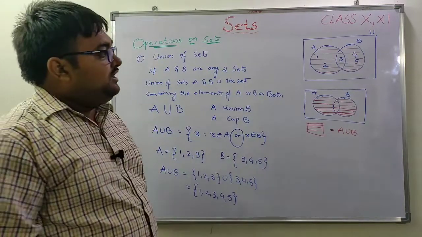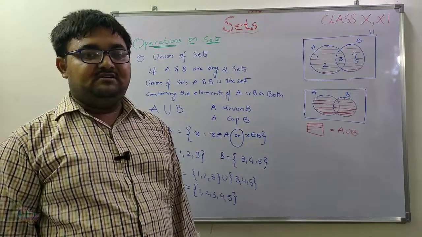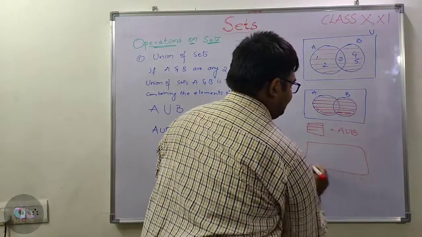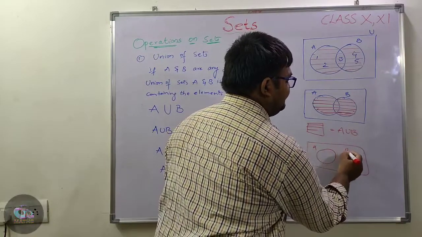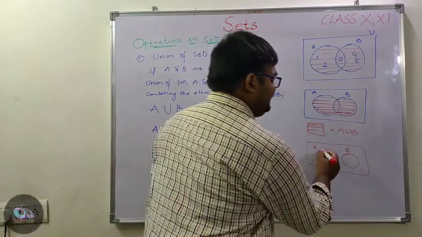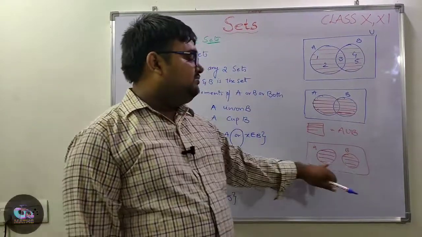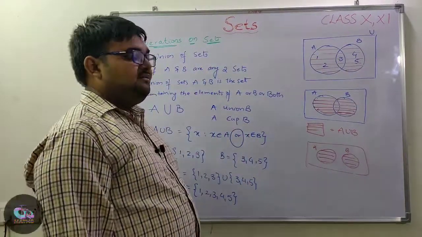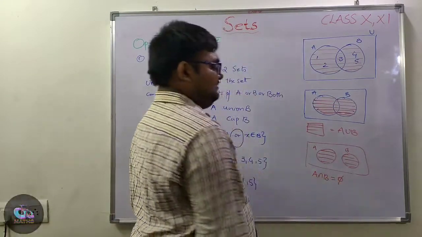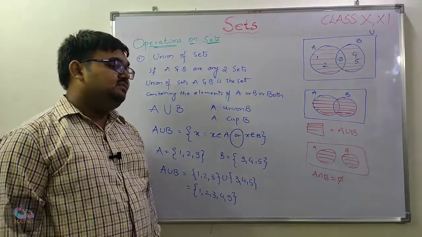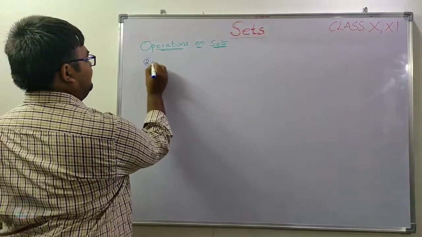When you have two sets which are disjoint, disjoint in the sense that for the two sets there is no intersection part. So if this is set A and this is set B, then the union is nothing but set A plus set B. Directly we will be adding those two sets, right? So this is for A intersection B equal to empty set, when there is no intersection part for set A and set B.